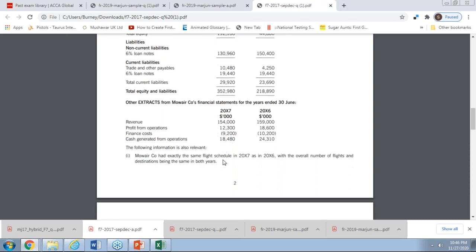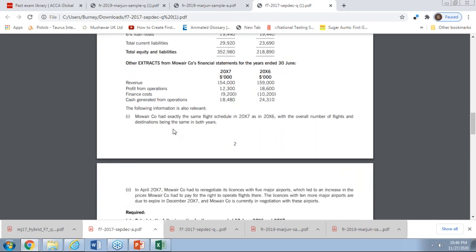Information is also relevant. Moyer had exactly the same flight schedule. Now, this is the most important point that you have to consider: when you have the same flight schedule, how can your revenue go down? So if the company has got the same flight schedule, what will be the reason for decreasing the revenue of the airline? So the possible reasons could be